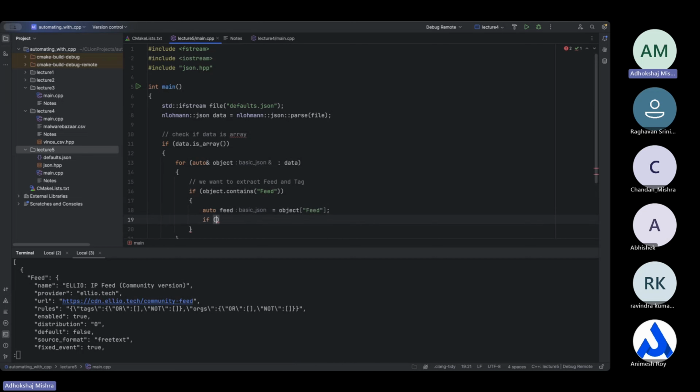So we do the same check again. If feed dot contains name and feed dot contains provider. So if both of these are correct,